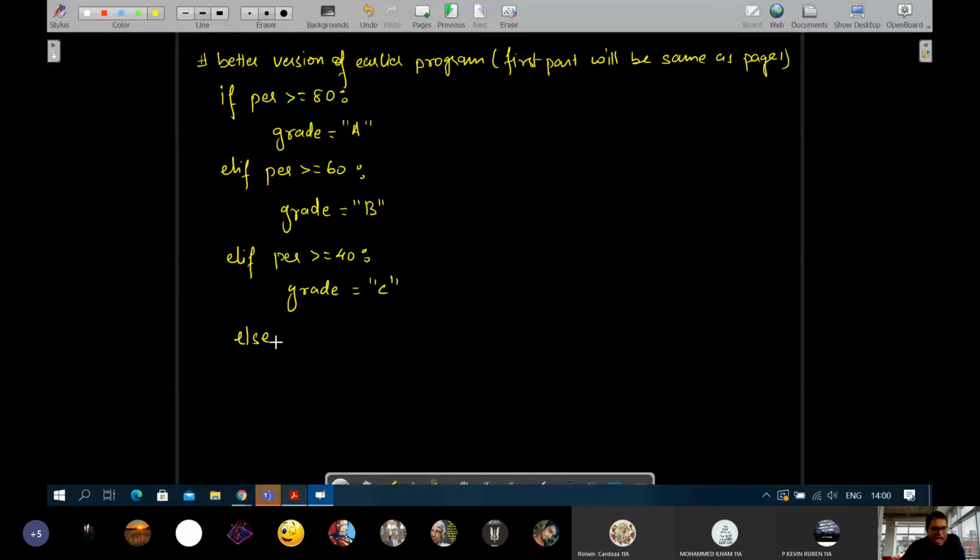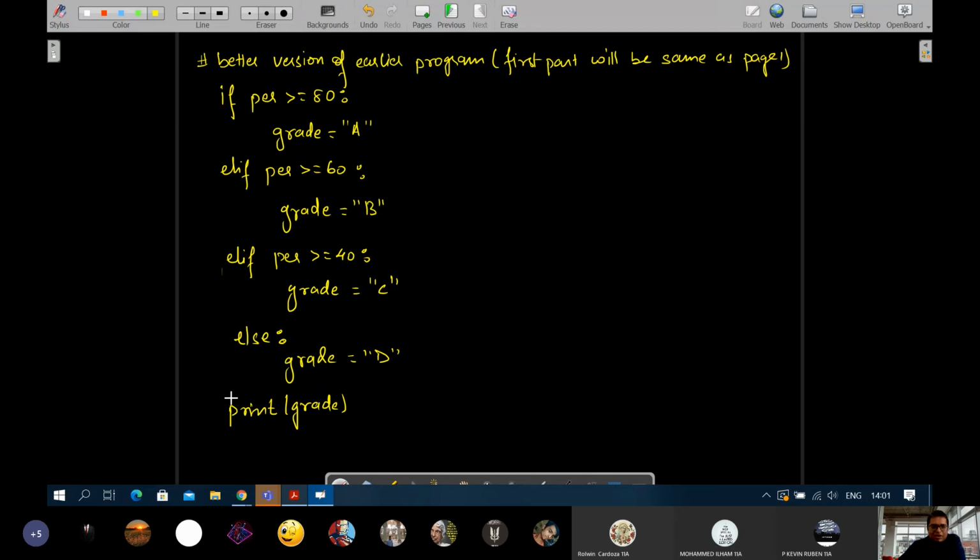Now what will happen? Anywhere below, if you are going to use it, at the end, print grade. Okay. After if, see, this is outside the if else structure because it is in the same line as if, elif, else. So in all the cases, whatever case matches, this will of course be executed because this is outside the if else structure. So at the end you will directly print grade.